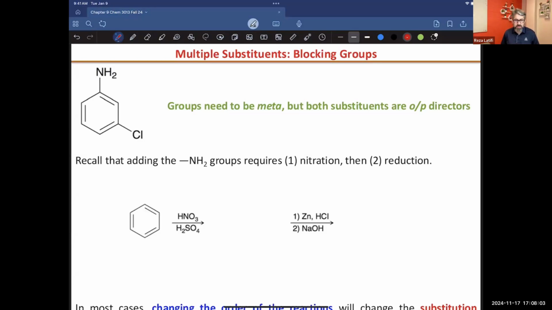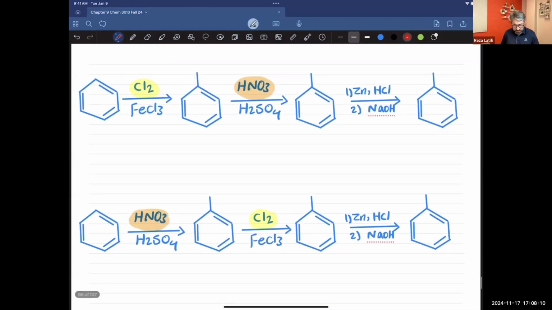The first step, I can say, let's put maybe nitro or chloro, and then at the end we're going to reduce that one. So I have two options. I can start with a chloro, or I can start with a nitro group. If I start with the chloro group in the presence of Lewis acid, I will have Cl here, and Cl is going to favor the